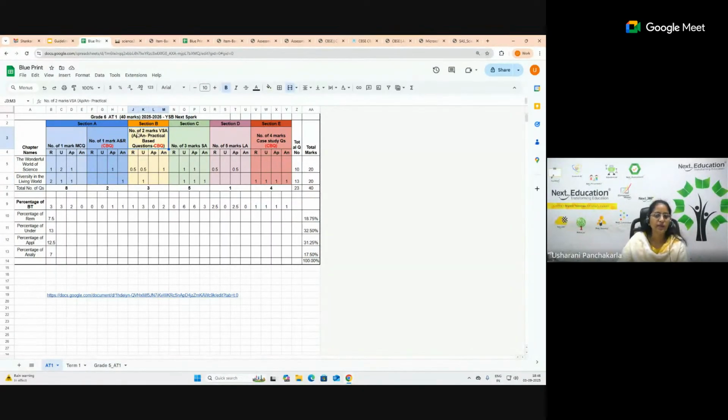The next one is where 2 marks section B, very short answer questions, are given, where you will have practical based or value based questions, where we have given this way. And the next comes your short answer, which is descriptive. So that also has something like reasoning questions. That is the reason it's coming under application and analysis. Then 5 marks, mostly it will be under remembering or applying. Then case study question is where competency based questions, so we have given one question under each.